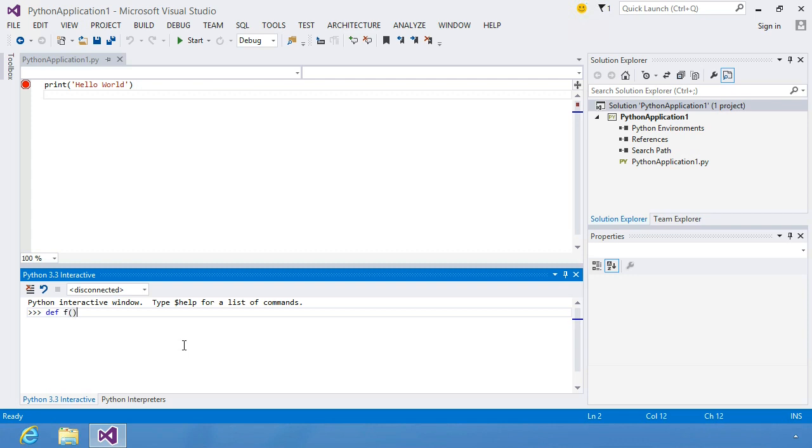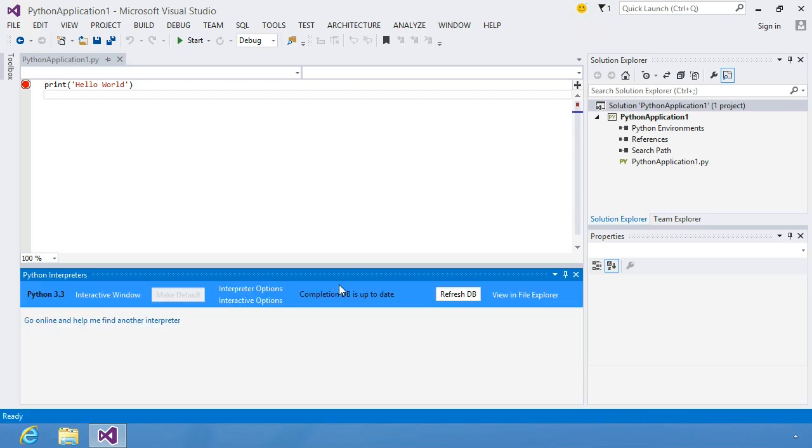which will let me type some code. Or I can bring up various interpreter options, refresh the database if I've installed some new things, or whatever I want. This will give you a nice dashboard view of all the different interpreters that you have installed. I'll go ahead and dismiss that,